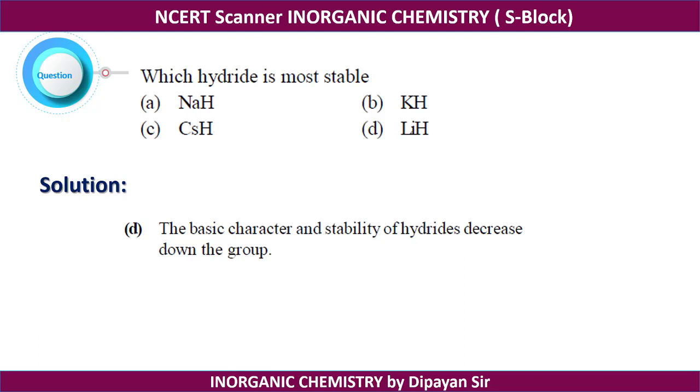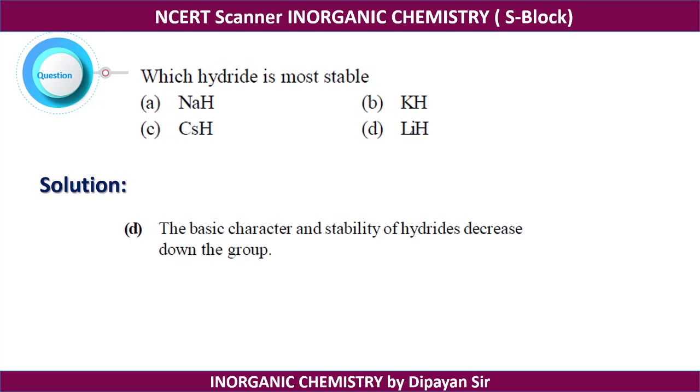If we compare the charge density over sodium plus, potassium plus, cesium plus and lithium plus, we can see that lithium plus has the maximum charge density, and the hydride also has maximum negative charge density because the size of hydrogen here is very small. So we have maximum charge density over lithium plus and over hydride. That's why this hard cation can have maximum bonding with the hard anion.